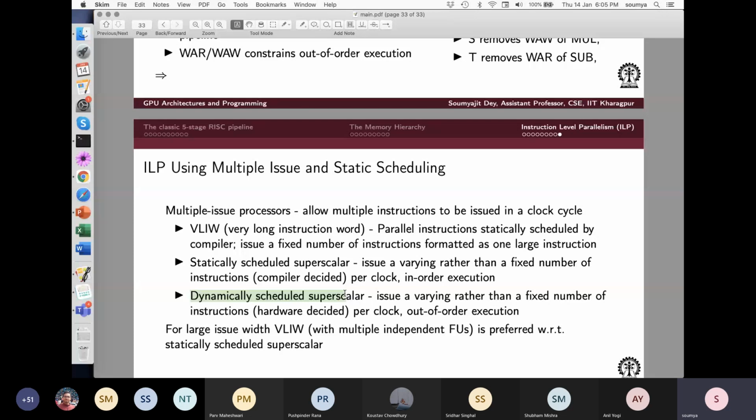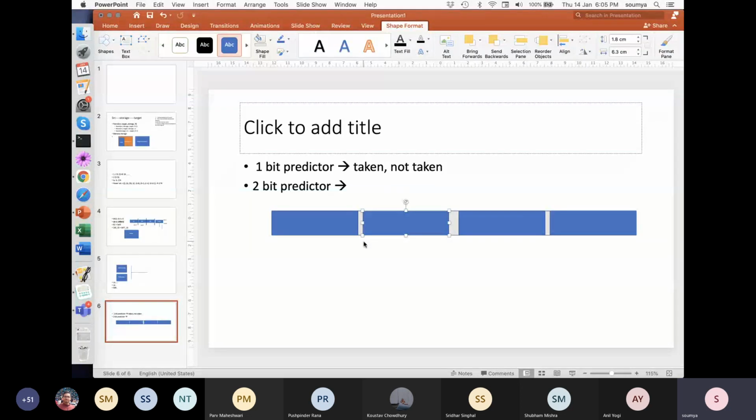That is why this is what has finally prevailed. The statically scheduled superscalar is, as I said, neither here nor there, because you are doing it at compile time, not at runtime. But if you are really doing it at compile time, then it doesn't make sense to have a varying number of instructions. Why? Because then your instruction lengths keep changing, and you have always budgeted that the instruction will be of the maximum issue length. You have a lot of hardware to address that in the processor, but you are not always able to fill the processor properly.